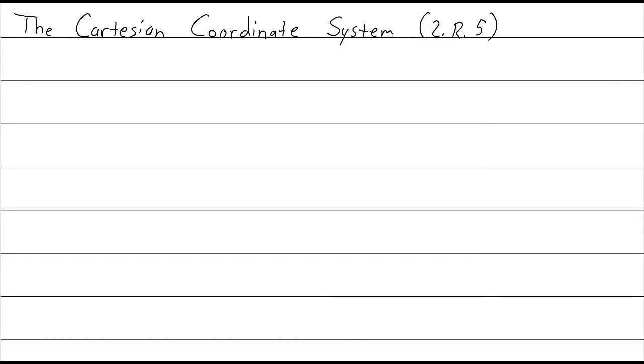Let's talk about the Cartesian coordinate system. Okay, this is section 2.R.5. So when you hear the words Cartesian coordinate system, that is just a fancy way of describing the XY plane. Okay, the XY plane. And by the XY plane, I'm talking about the very familiar